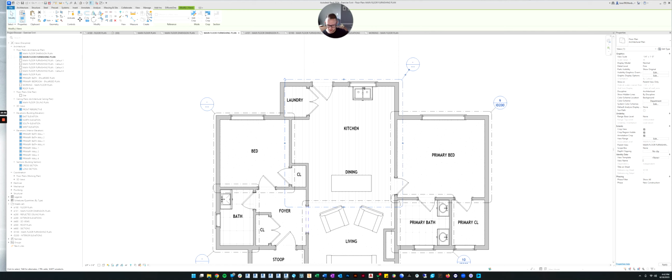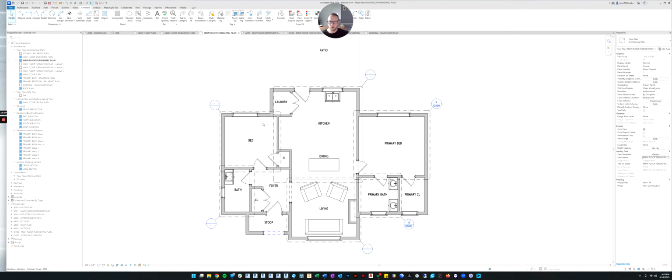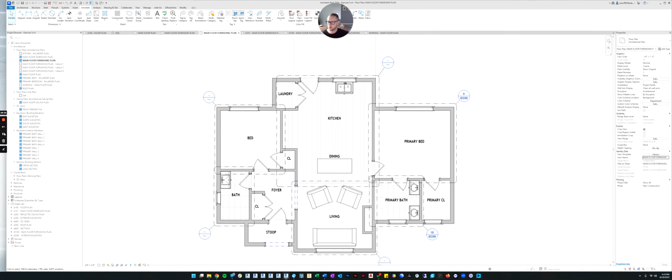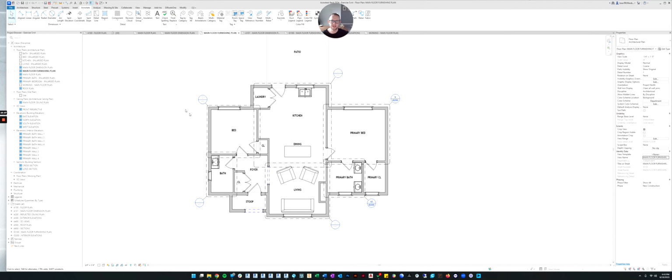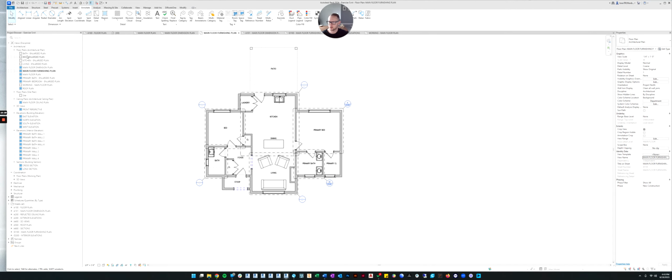So this would be, let's do this kitchen enlarged plan. Okay, I won't make you watch me rename all these. I will pause and do it myself. Okay, so now I have renamed all of my enlarged plans so they'll be easier to sheet later, and I also know what they are by looking at their name.